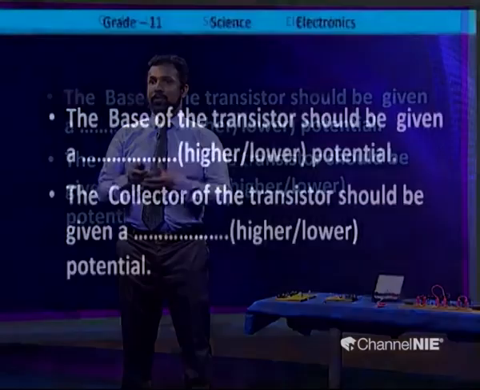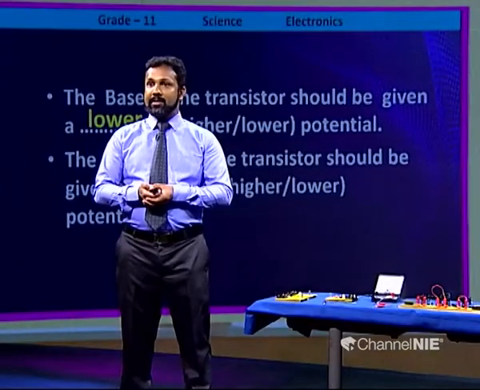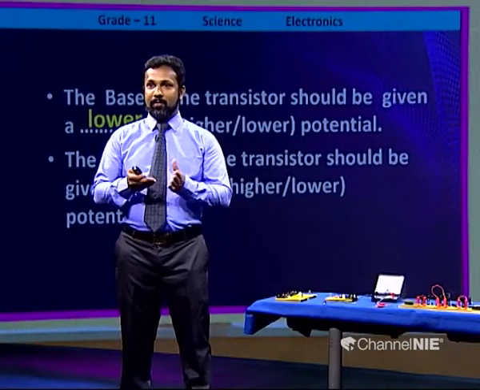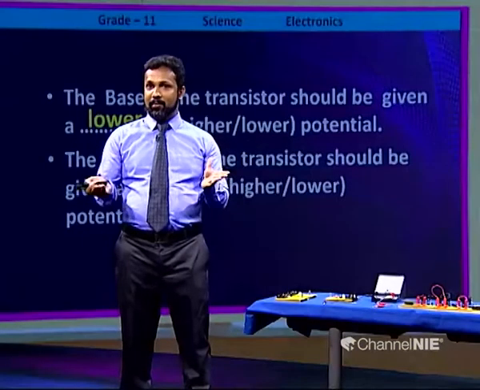The base of the transistor should be given a blank, higher voltage or lower voltage. What do you think? The base of the transistor should be given a lower potential or lower voltage. The collector of the transistor should be given blank, a higher or lower potential. The collector of the transistor should be given a higher potential. Right. Now you can remember basic